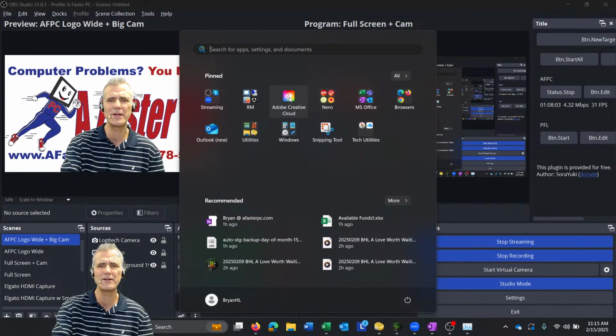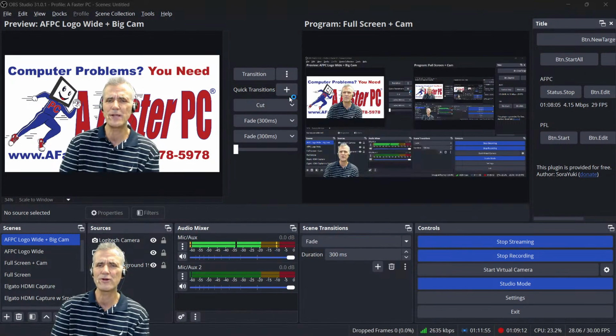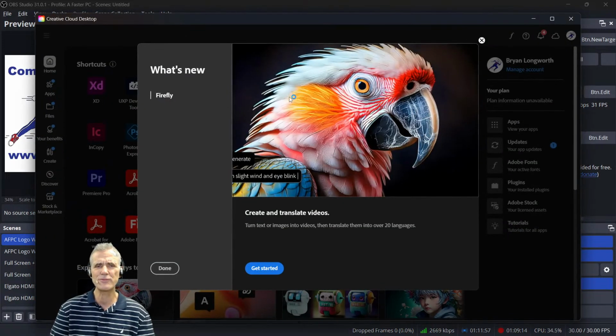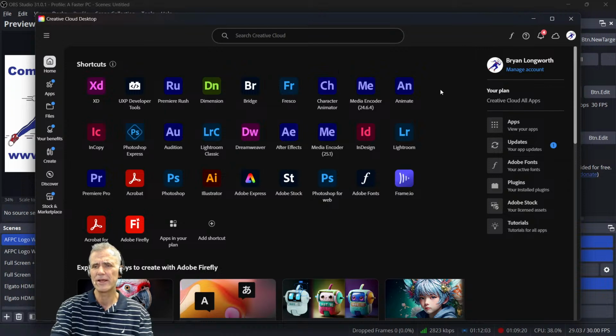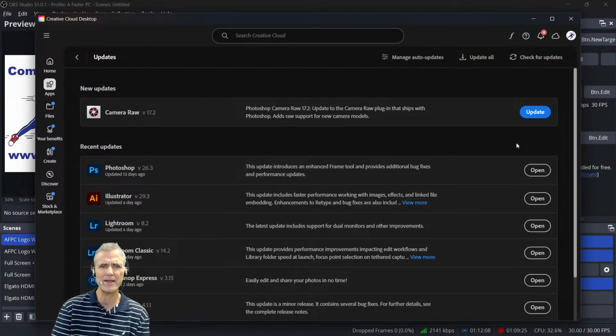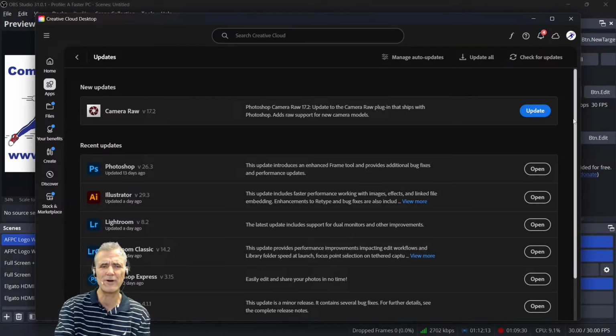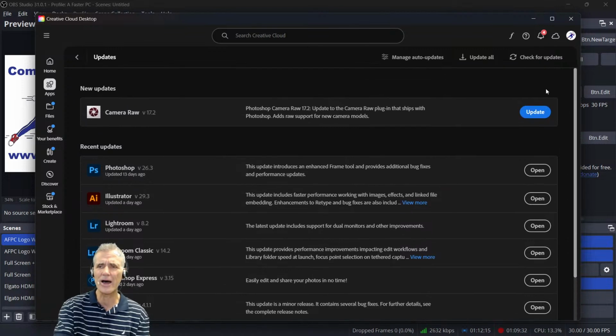Windows 10 looks a little bit different, but I'm going to open up Adobe Creative Cloud. So this is where it all starts, and what happens here is we actually have updates. Now, you can turn on automatic updates, and because I have automatic updates, these updates install automatically. A few days ago, I saw that there were updates available for multiple programs, and those were updated. You see there's a Camera Raw update, and I can click install here.